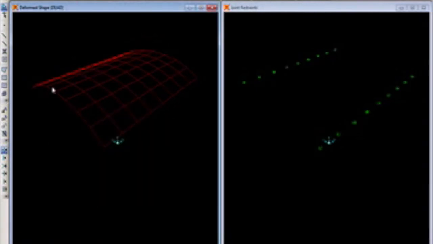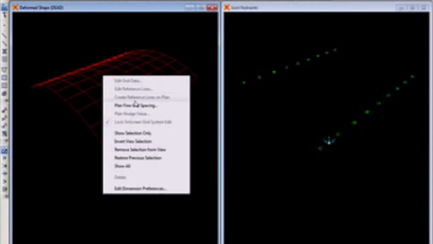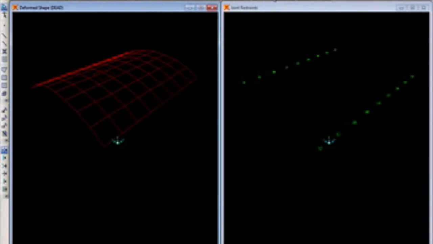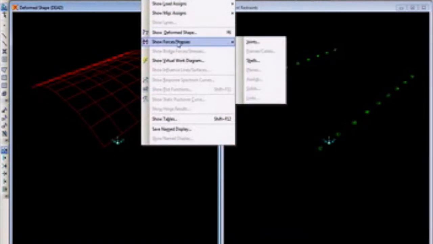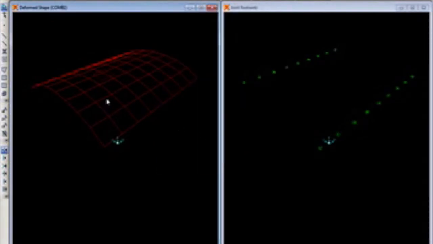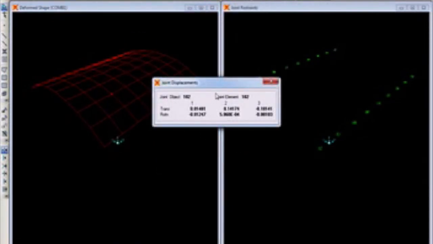So this will give you the displacement at the point. So you can select the member, and right click the member over here. So what you can do is go for Display, Show Deformed Shapes, F6, for the combinations, and just say okay. So now you can see the values over here.